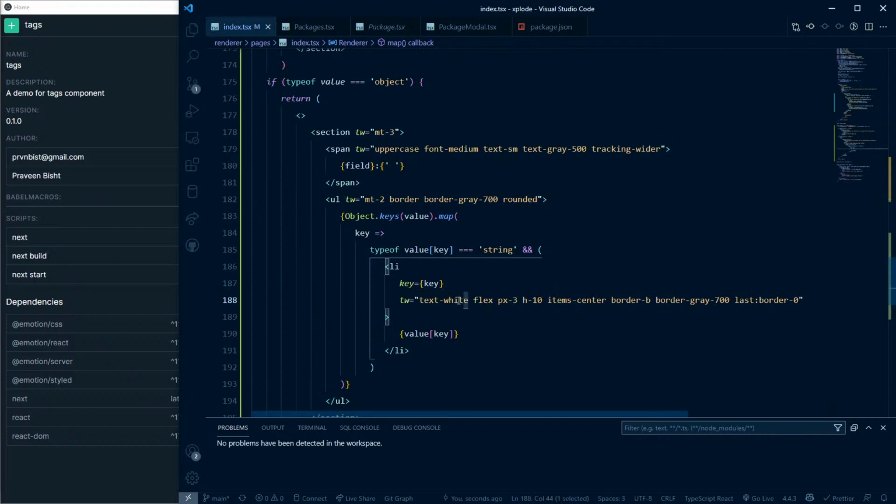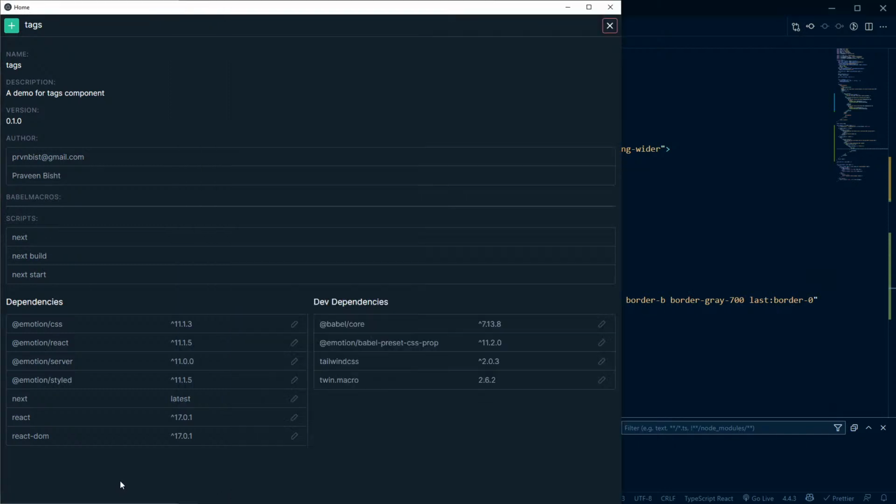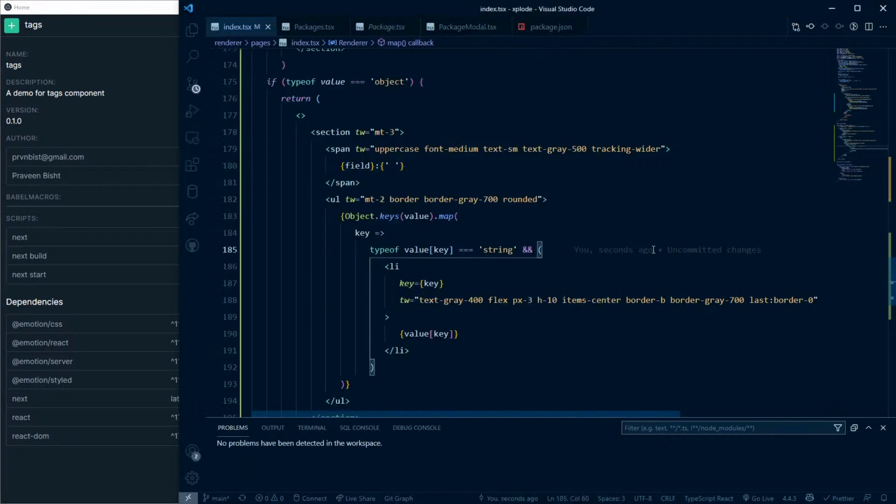Yeah, let's make it 400. Right, and now with that we have them rendering. So we should probably, instead of doing this, maybe render it differently so we get the key name as well, because this doesn't say, like, if they could be